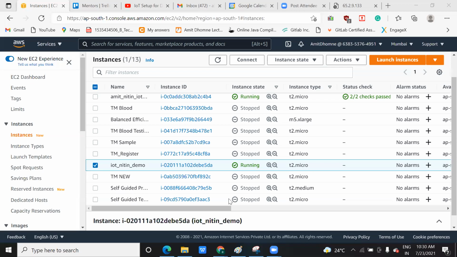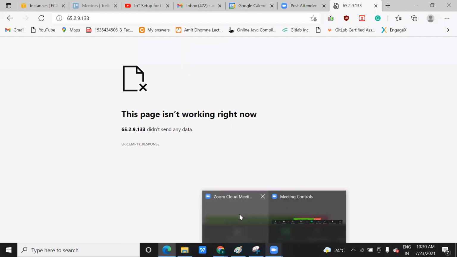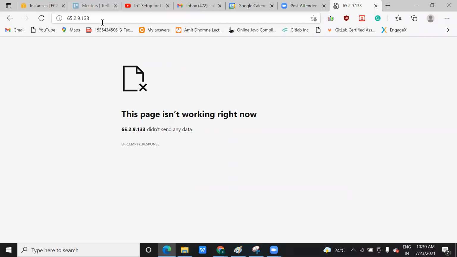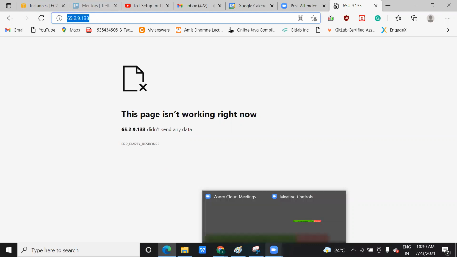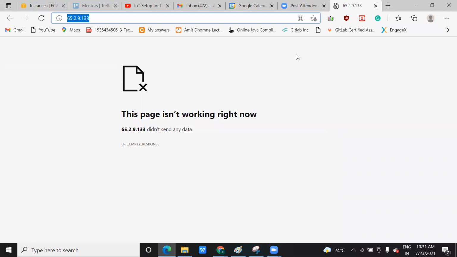I've created the instances and I've shown them how this IP address can host it, and from here you can show them the rest of the steps. Okay, just send me the file and the IP addresses. Yes, this PEM file I have shared with you right now in the Zoom chat.